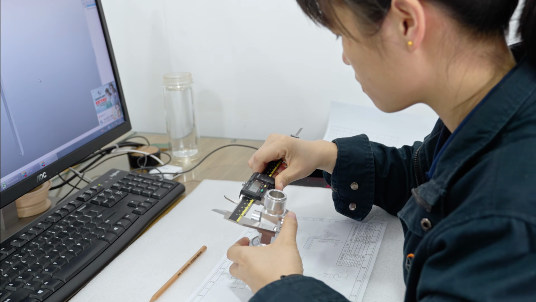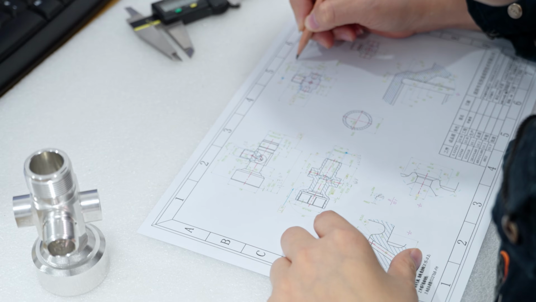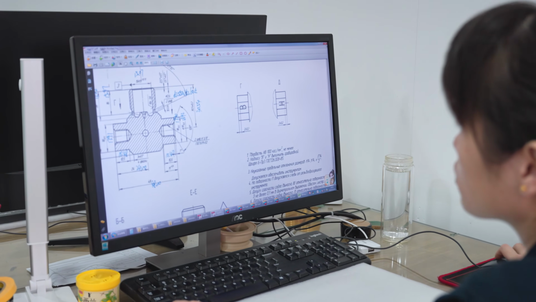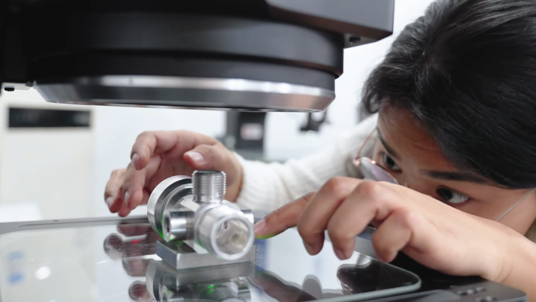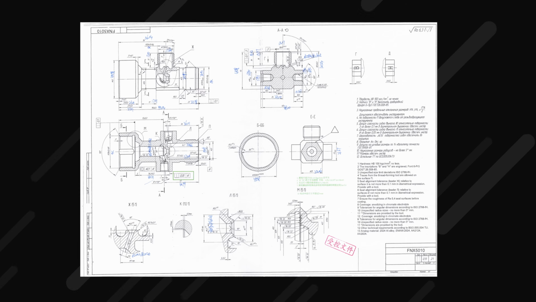Before the formal production, in order to verify that the machining process meets the tolerance requirements, the first piece of trial production is required. After the first piece is completed, it will be sent to the quality department for testing and FAI report. Generally, the first piece will be tested in full size.